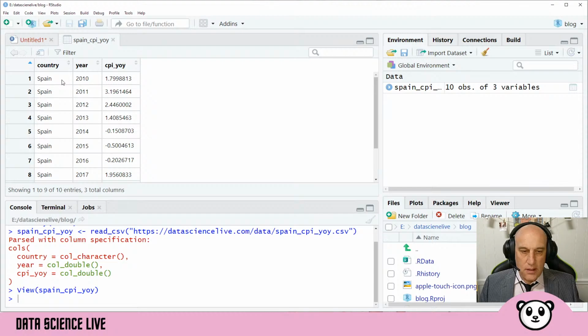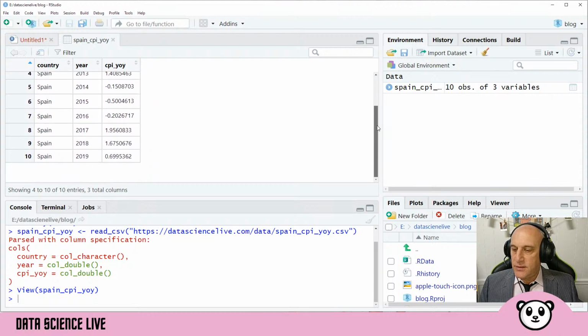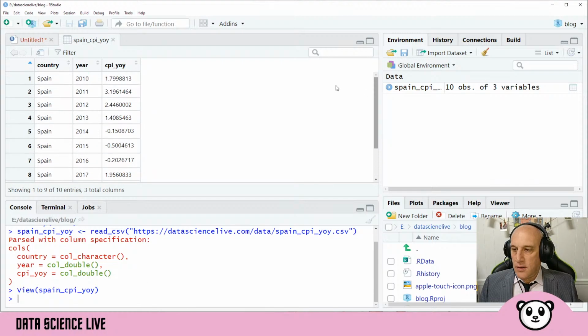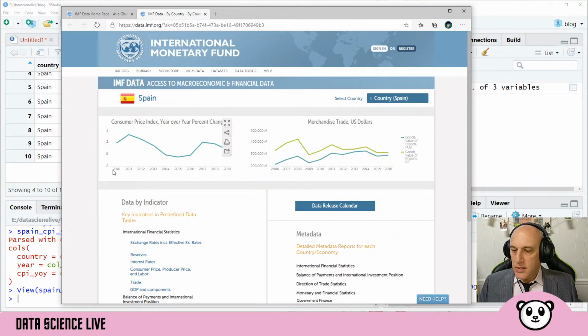So I've got the column is country. We've got the years here from 2010 to 2019, I think. And then we've got our CPI year over year. And if I just pull this up, this is the graph here, 2010 to 2019. Here's your CPI from year over year on the y-axis. And we can take a look at the trend here. It kind of went down from 2011 to 2015, slightly picked up until 2017, and then went down